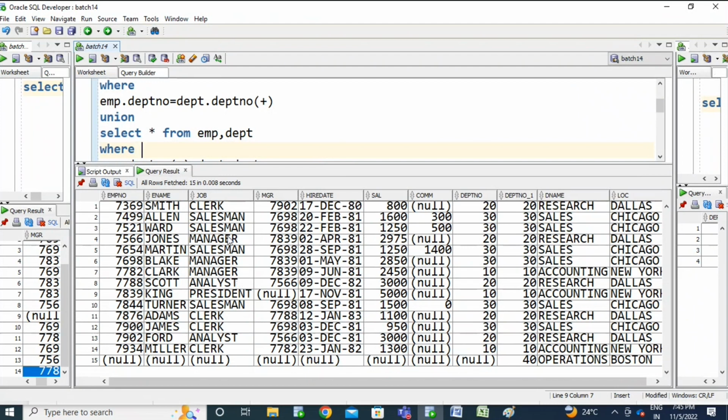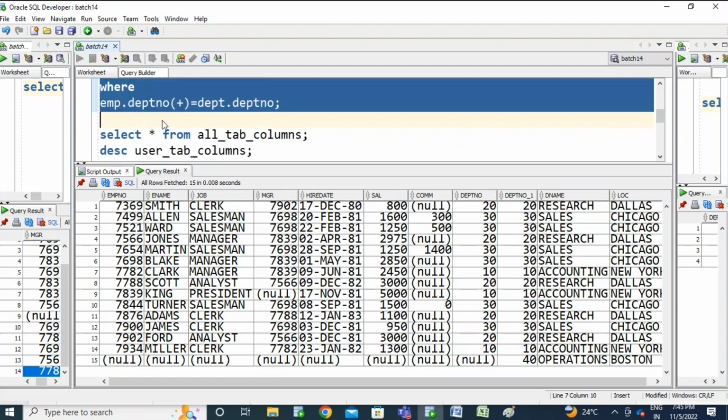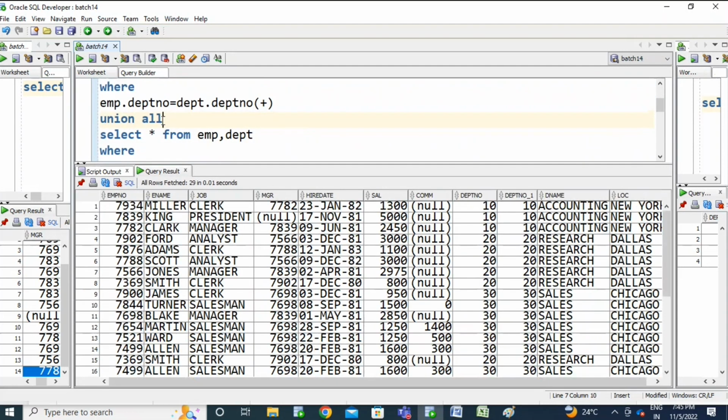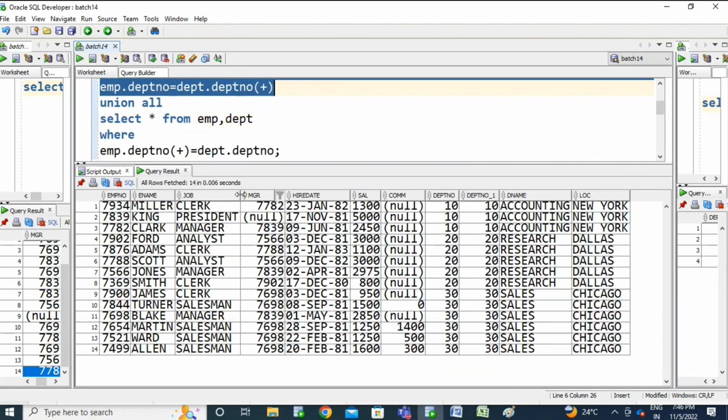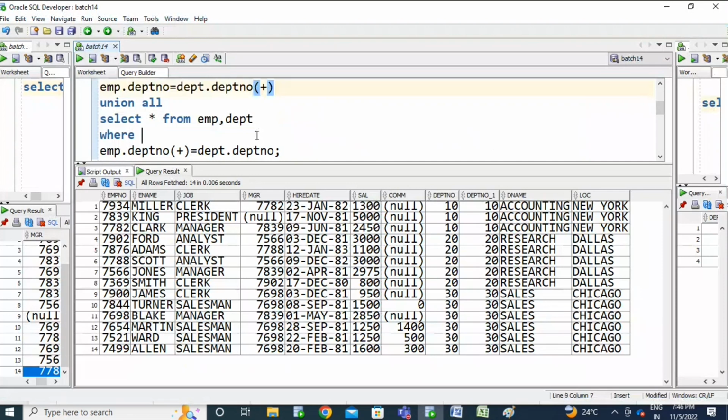See, we are getting only 15 records. In case I use union all, you will get 15 plus 14. The left outer join will display 14 records, and the right outer join will display 15.